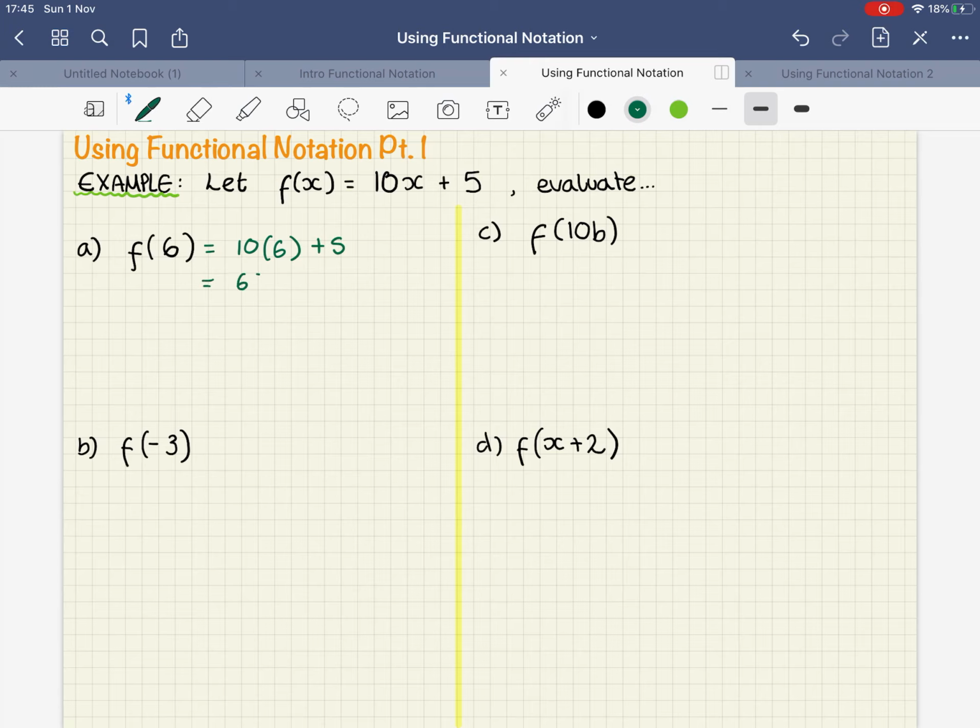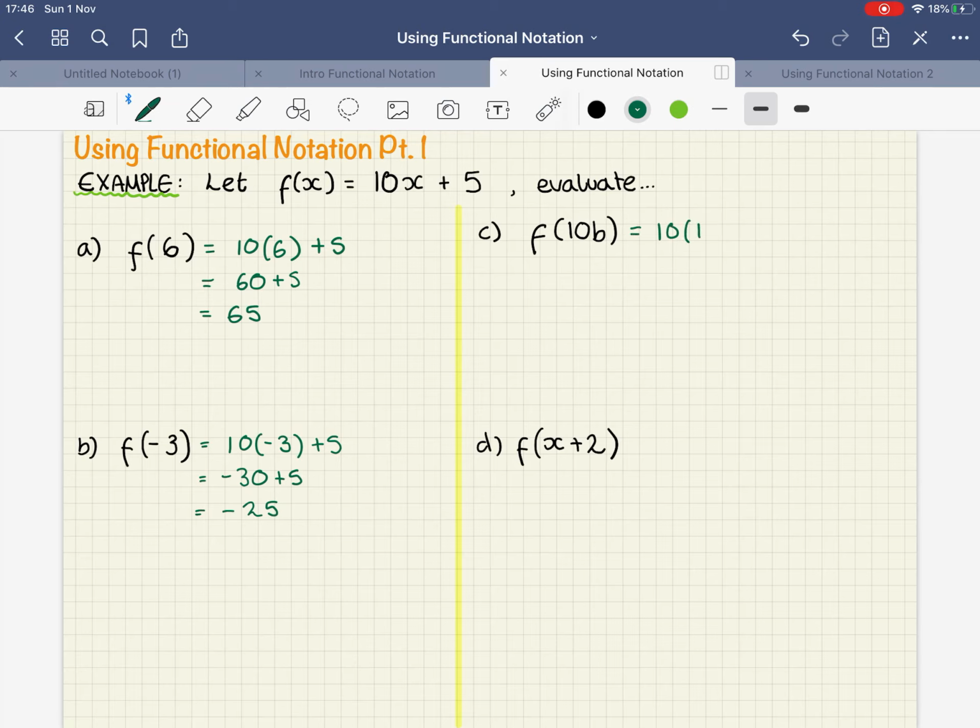So 10 times 6 is 60, plus the 5 gives me 65. Same idea here, where I've got the x, I now want that -3. So 10 times -3 is -30, plus the 5, that's going to give me -25. And the same can be applied for letters as well. So again,